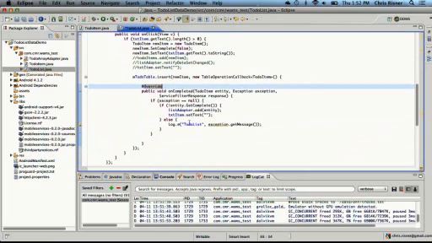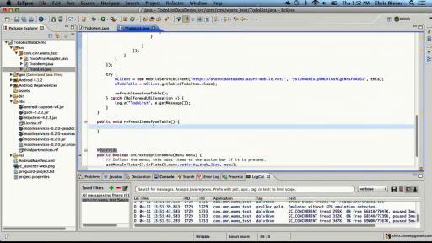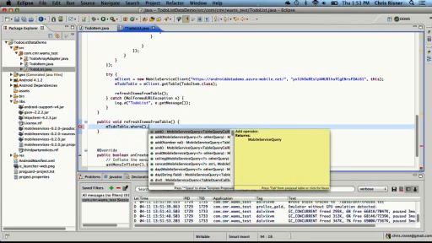So now that we're back in our Eclipse, let's go to the refresh items for table method. This is where we're actually going to say to the server, hey, give me all the items that aren't complete. So we'll again use the m-to-do table, and we'll call it where method. Now, there's a lot of methods you could pass in after that to basically create filters and queries according to what you want. Today we're going to say we want to get all the items where complete is not true,